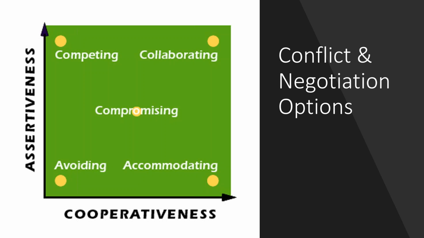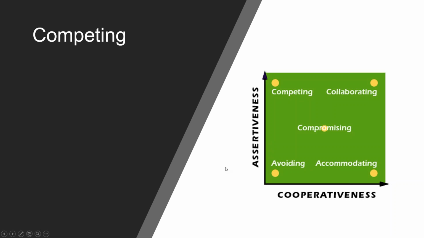Now, that's what you want, because people who are able to be flexible around this grid have a greater array of possibilities of dealing with conflict. So therefore, they're more likely to be successful in terms of getting a resolution to a negotiation or a conflict. All right, so that's the model. Now, what I want to do now is drill down a little bit further and talk about each of these different styles and have a discussion about where you might use each of these particular approaches.